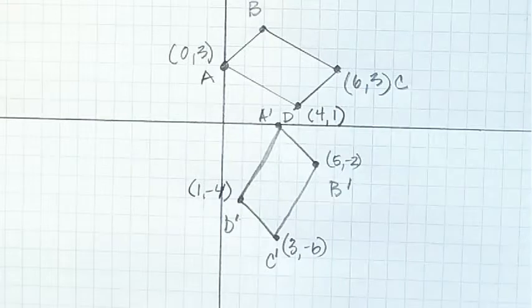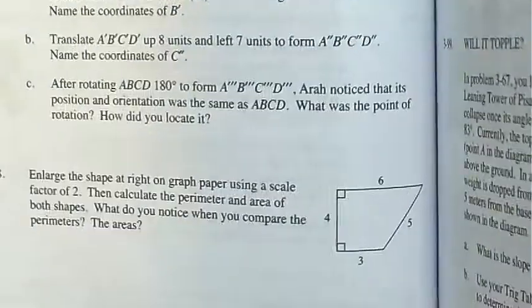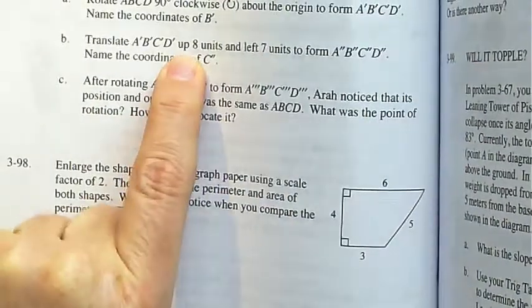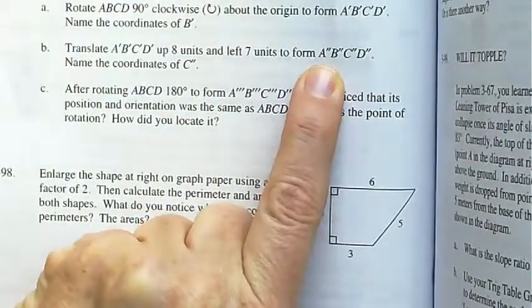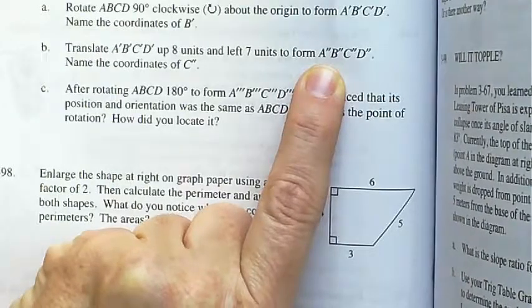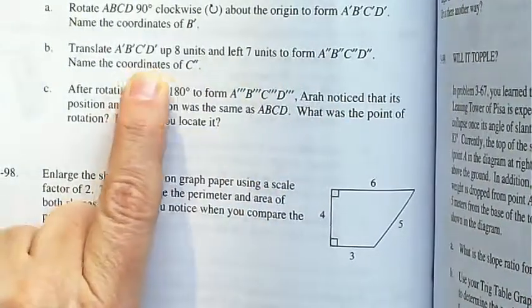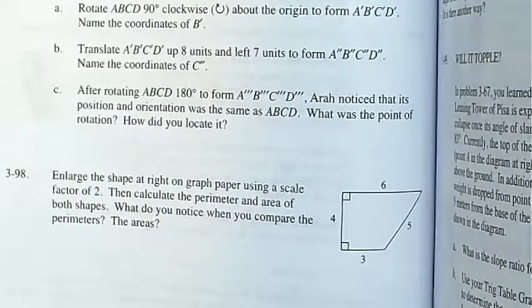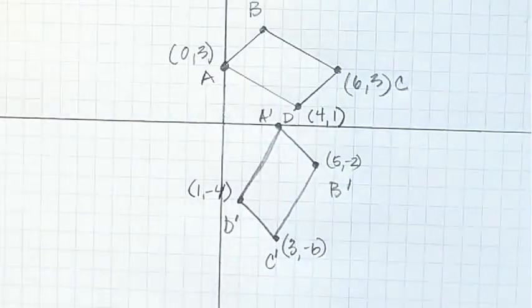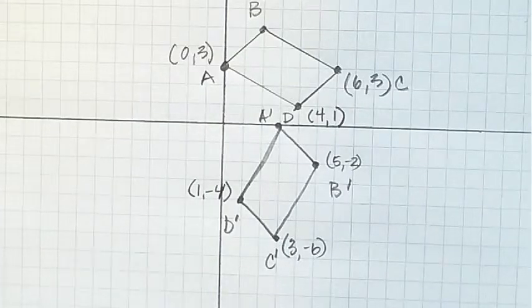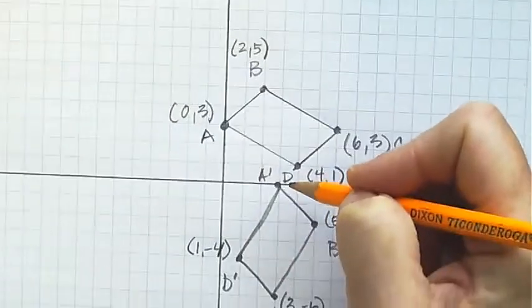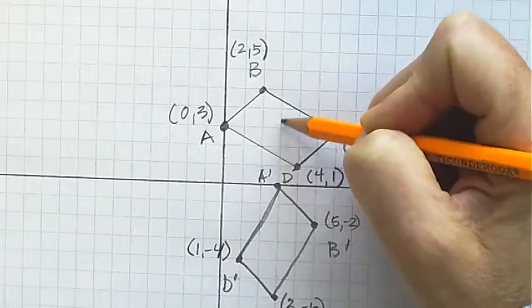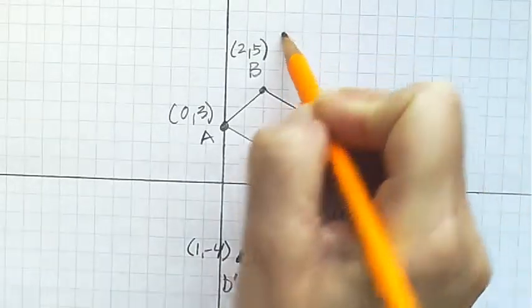Okay, part B says to translate A prime, B prime, C prime, D prime up 8 units and left 7 units to form A double prime, B double prime, C double prime, D double prime. Name the coordinates of C double prime. Okay, so let's translate that. Up 8, left 7. Okay. So if I move everything up 8 and left 7,